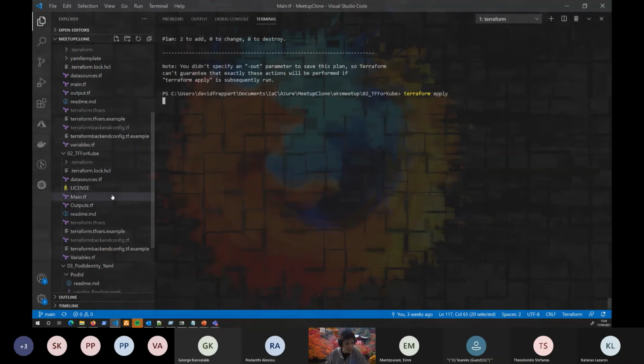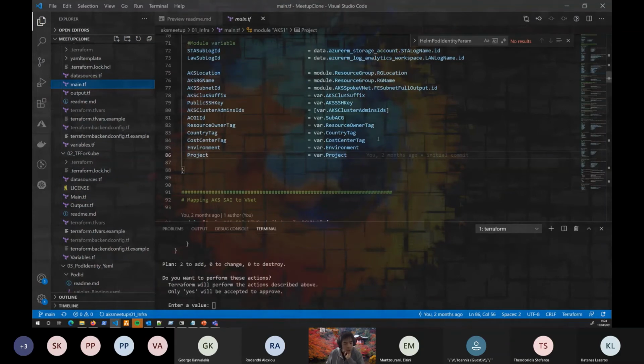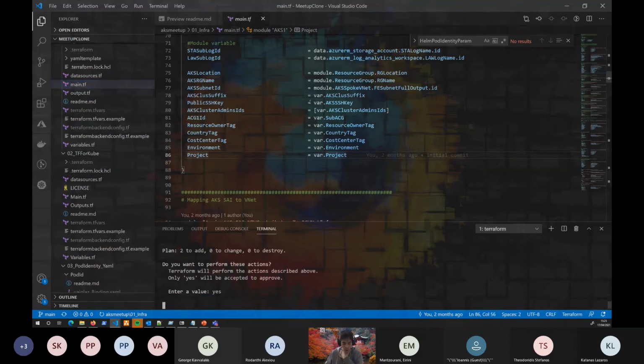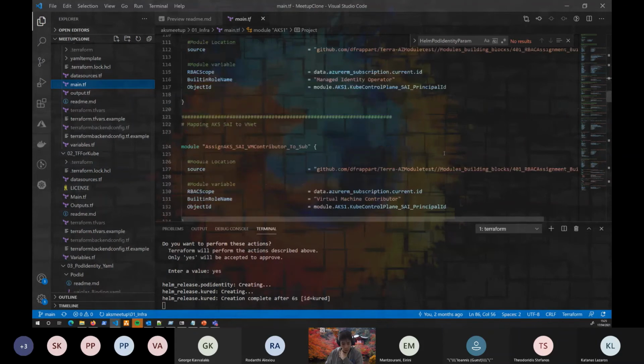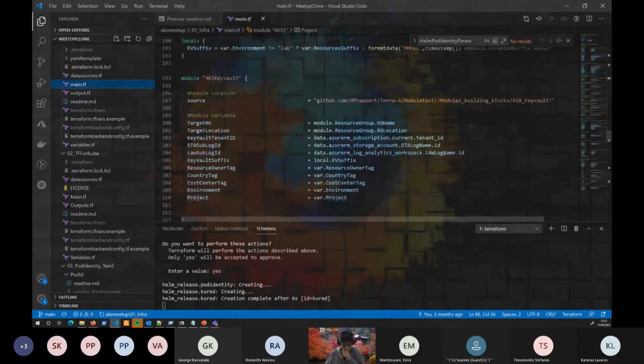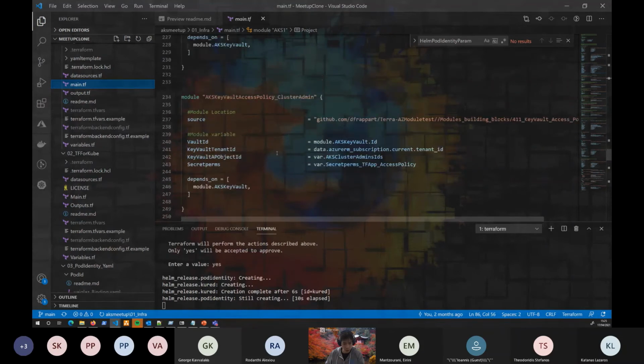In the meantime, while it's applying, to prepare the demonstration, as I mentioned, we'll be using, obviously, a user assigned identity, which we will then assign to a pod. And I mentioned that we want to use, as an example, access to a key vault. So I did prepare some code for that. You can see I have a secret that is provisioned in a key vault.